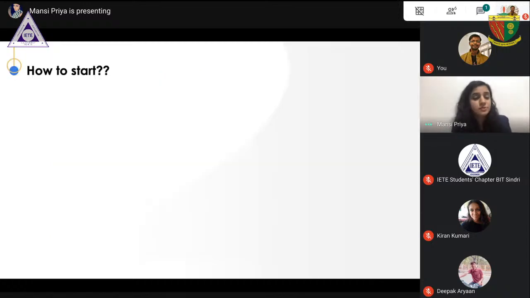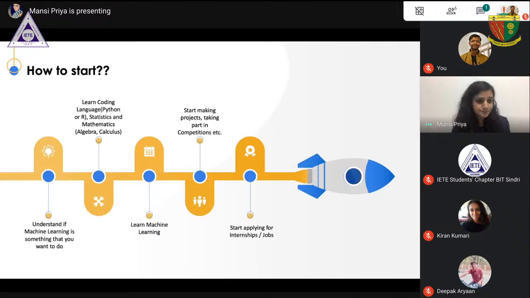So now, a lot about machine learning and types and things like that. Now I will come to the major point, that is how to start if you're looking to go into machine learning. So I would just share a very simple path, a roadway you can say, just for starting your journey in machine learning, because after that path maybe your journey can be totally different, but this is just the starter journey.